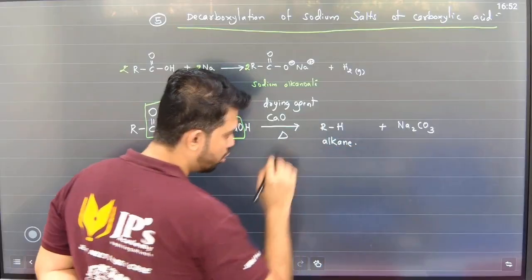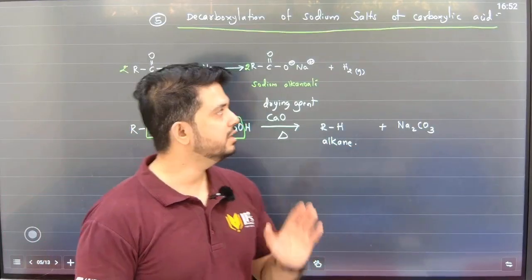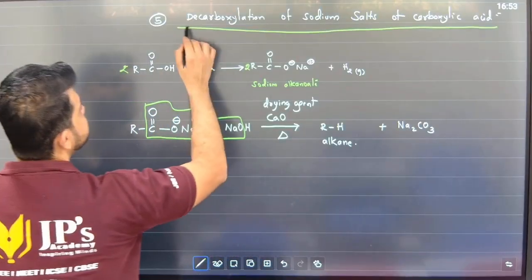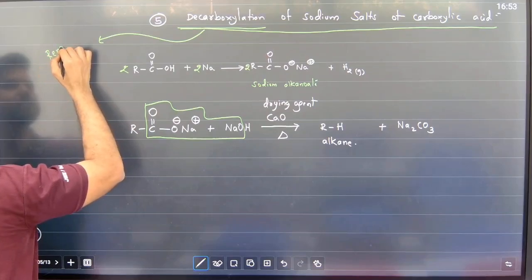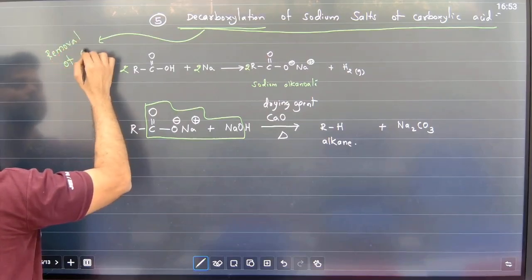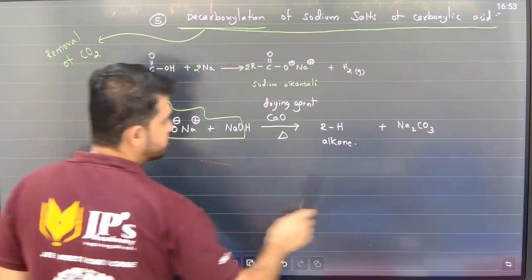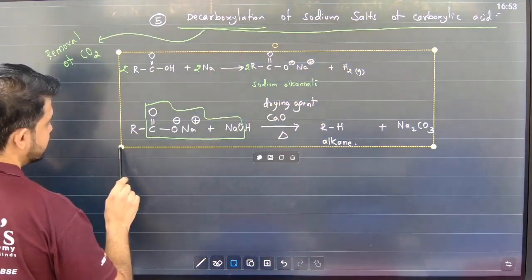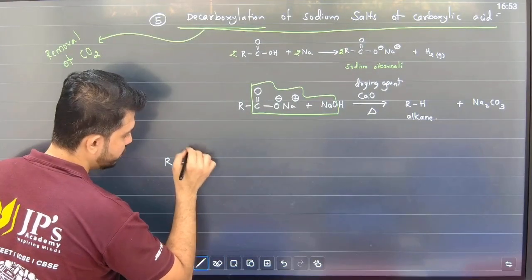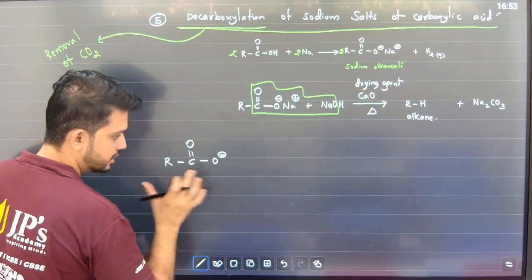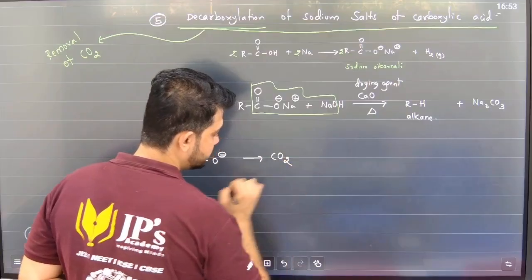Now students, this is not the exact mechanism. However, I'll still give you an overview. The reason we call it decarboxylation is that decarboxylation means removal of CO2. It's a removal of carbon dioxide. Now, from the sodium salt of carboxylic acid, the carboxylate anion which is there, CO2 is removed